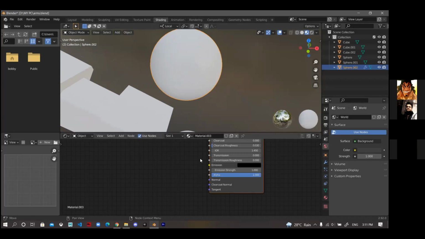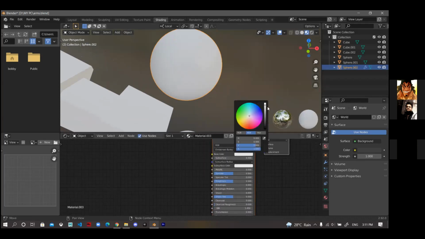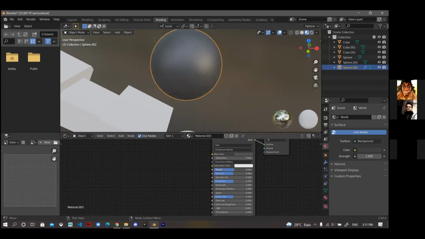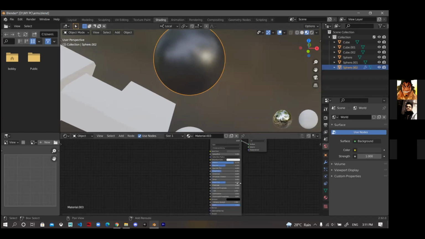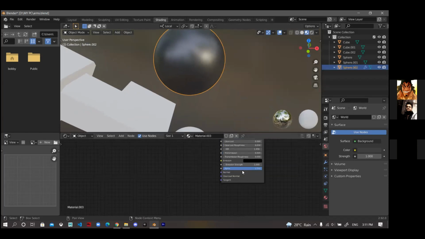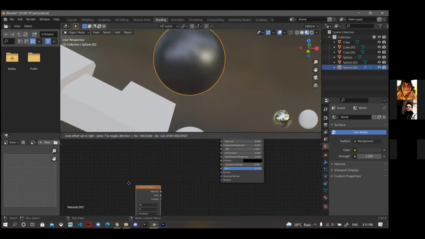Let's add a new dark material, now with some normal again. Let's add some texture.